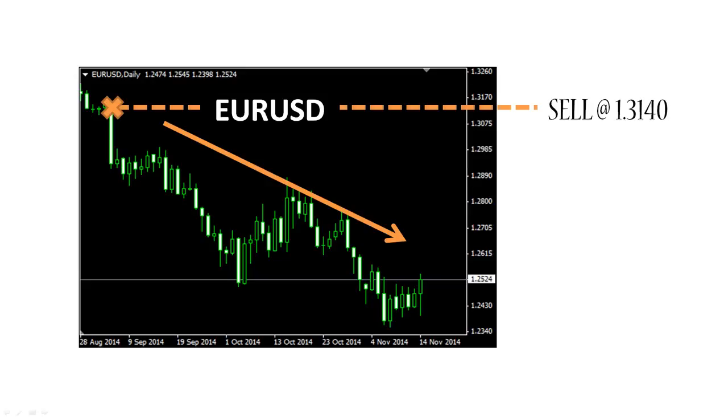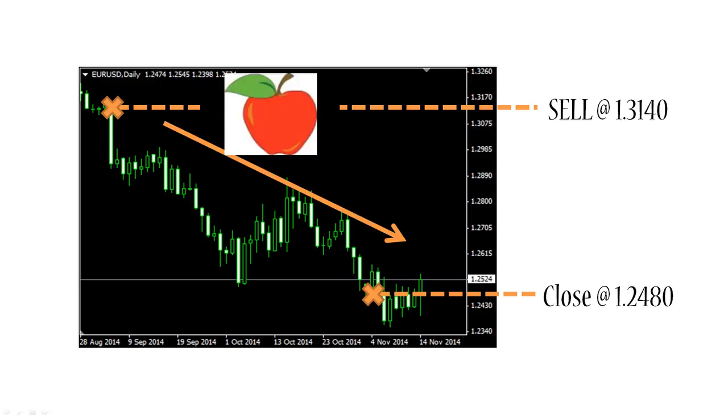He would sell at about 1.3140, and as we recall, that means that every 1 euro is worth 1.3140 US dollars, and then he would close the transaction at about 1.2480, meaning that in that point in time, every euro is worth only 1.2480 US dollars. So as we did previously, let's simplify this example by talking about apples,